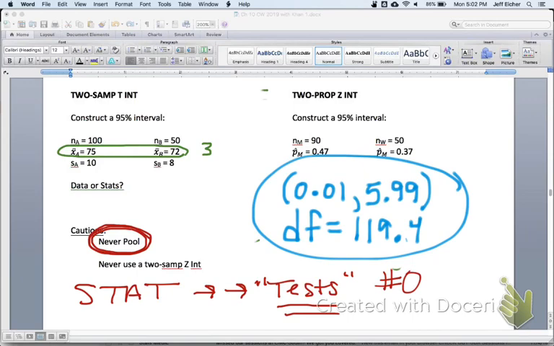So when you're doing your homework, I would encourage you to do two things. Number one, try to use the formula, and number two, try to use the calculator and be familiar with both. The last thing I'd like to talk about is how to do a two proportion z-test, or sorry, z-interval